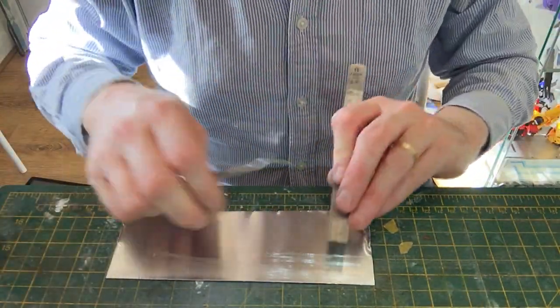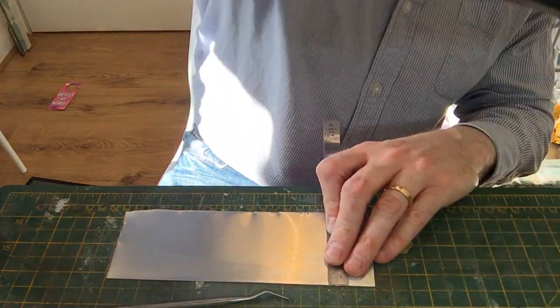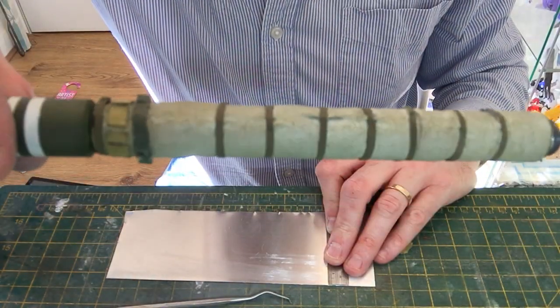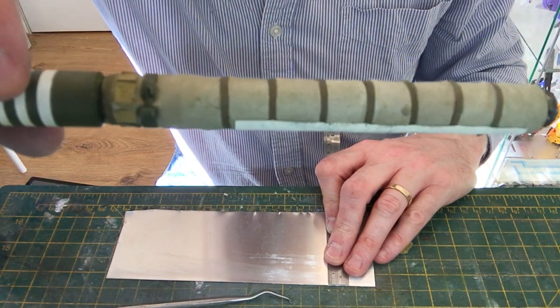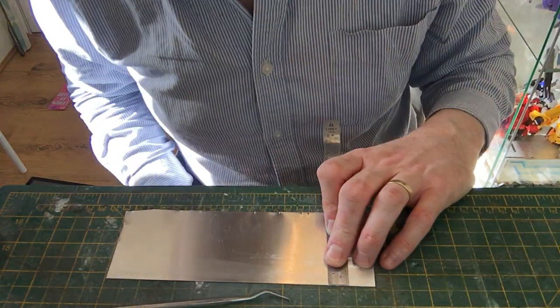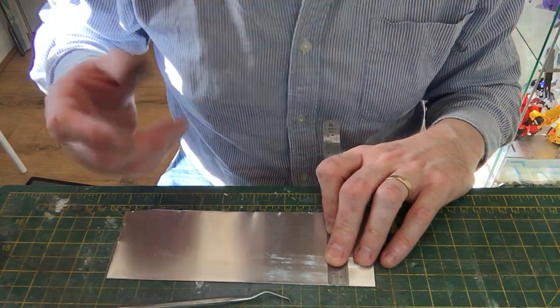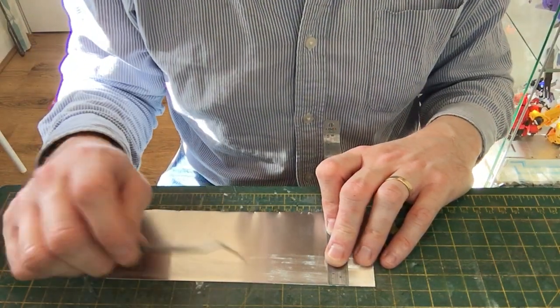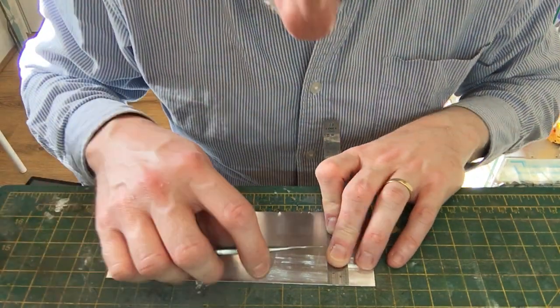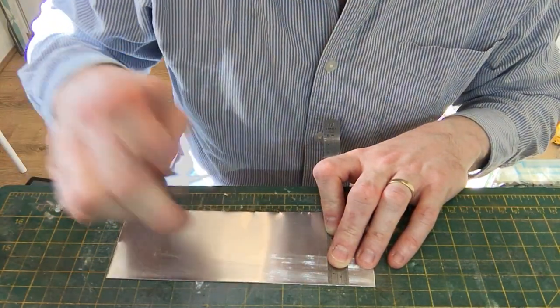So those clamps, they're 3mm wide on the Chieftain barrel. It's a bit of guesswork, but I found another way. If you look at a photograph and you're trying to scale something, find something that is exactly the same size as what you want to scale up from, and then if you know the size of that, you'll know the size of the other thing. I know that sounds really stupid, but I think you know what I mean. So if you mark 3mm,